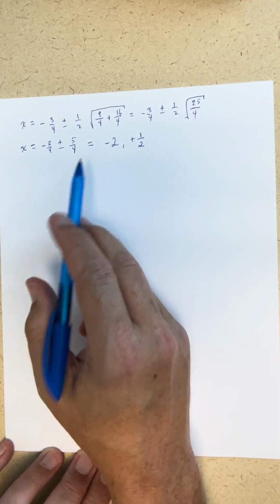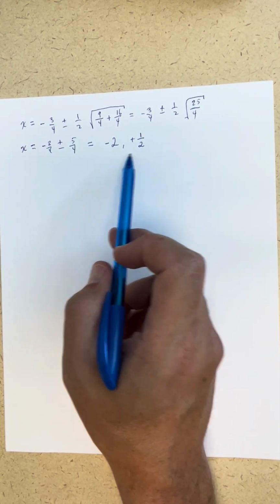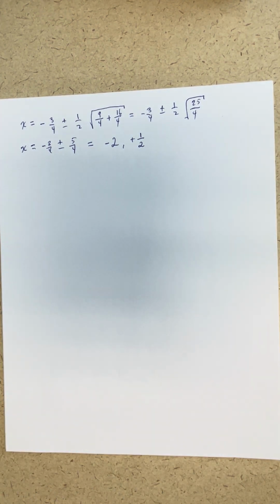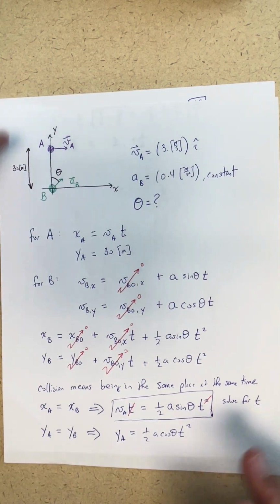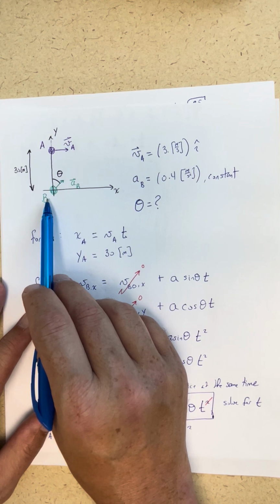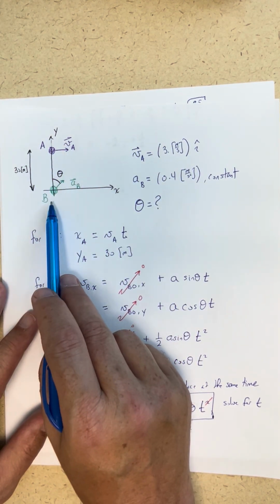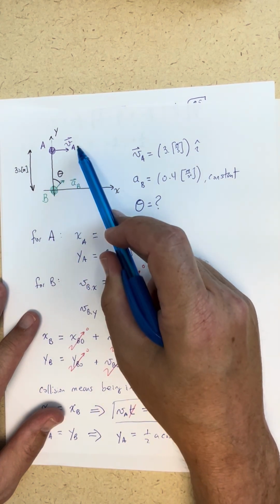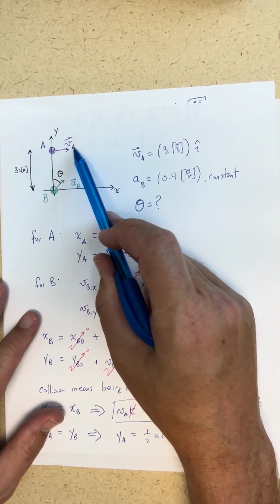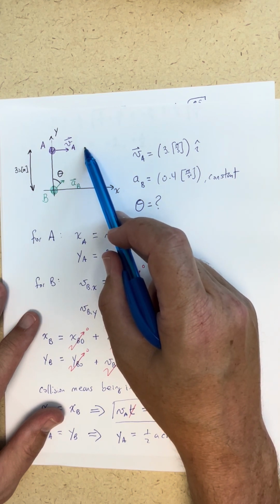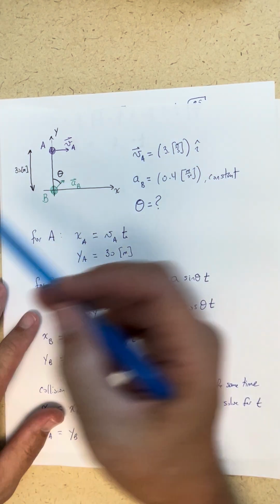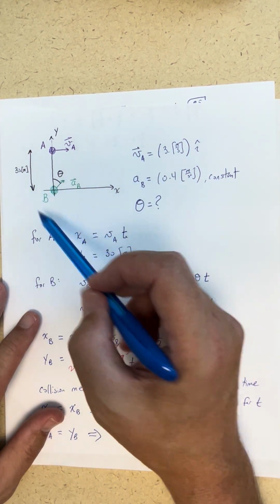All right, so why are there two roots? What do these mean? Which one do we want? Well, there are two roots. Going back to our picture, there is an arrangement where this could happen where this is the instant t equals 0. There is an arrangement that happens 1/2 second into the future where A and B will meet. But there also was another time in the past where we could have done this before